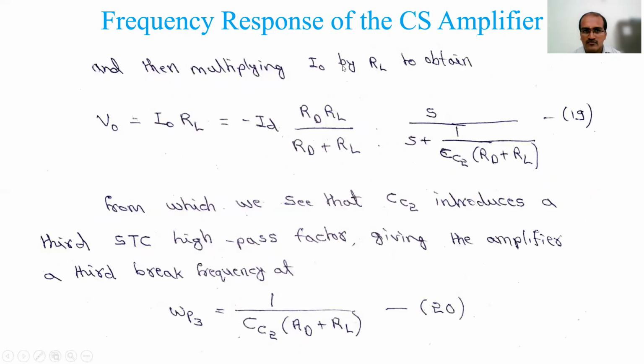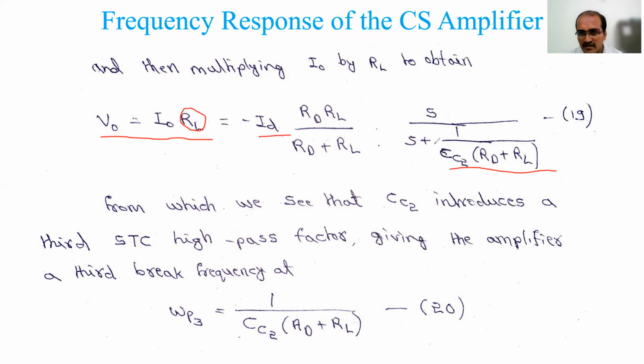See here. Before that I am finding the I0. I0 I have calculated, V0 I have to calculate, which is I0 into RL, Ohm's law, current into resistance. So minus ID again substituted, only RD was there. This I have done here together. So LCM was taken and then RD plus RL CC2 is the dividing factor here. In the numerator you had RD by RD plus RL, along with now RL, this will multiply. That's why RL is there in the numerator. Into here S will remain, so here also S will remain plus 1 divided by CC2 into RD plus RL.